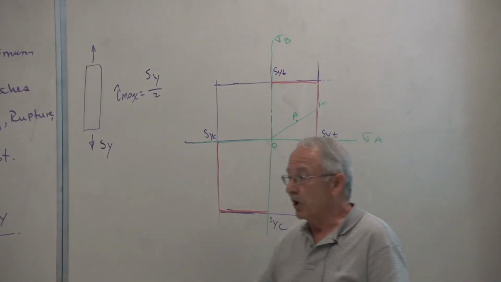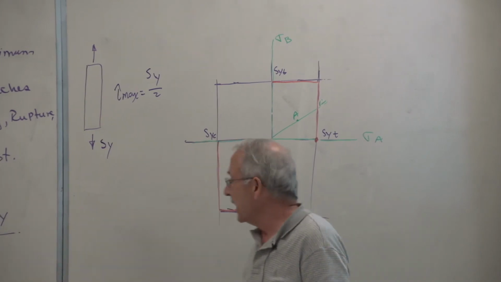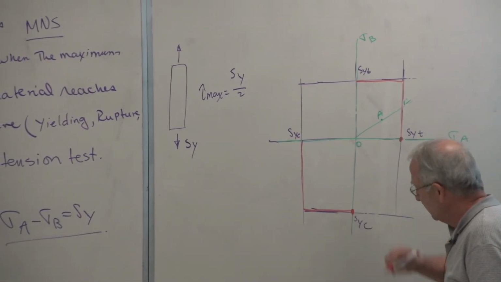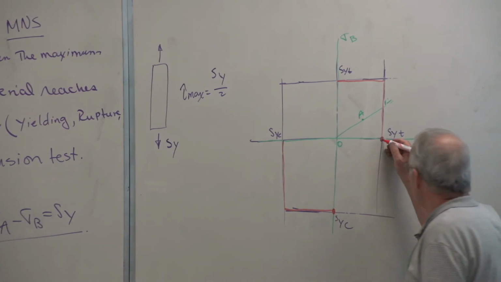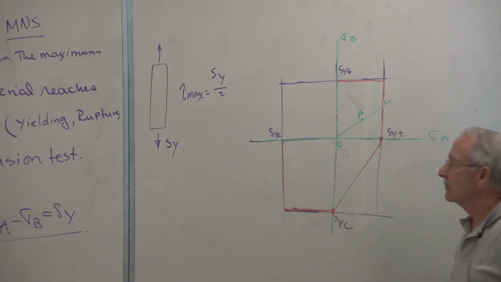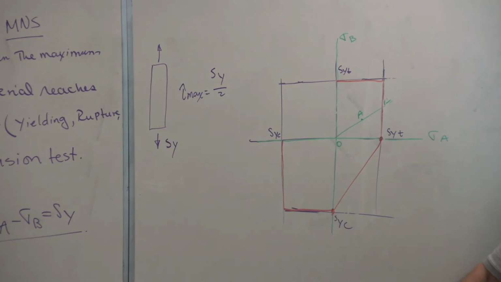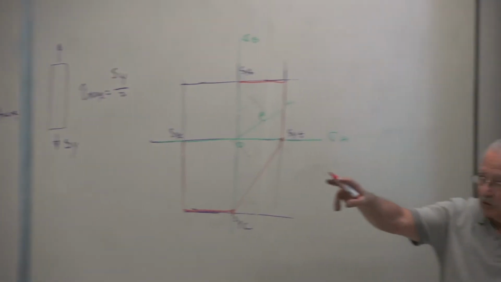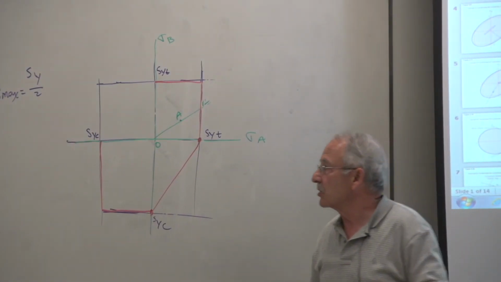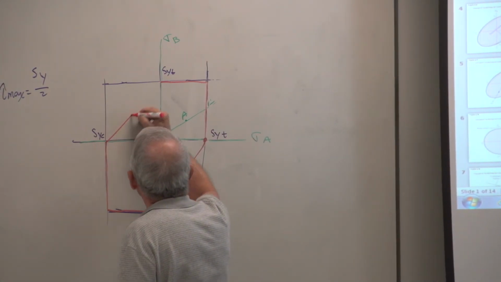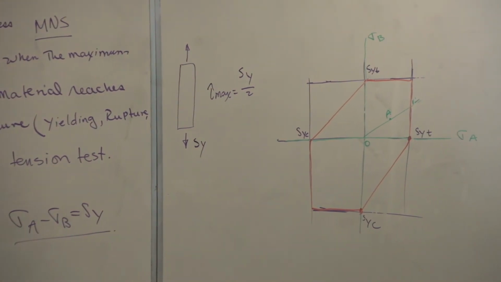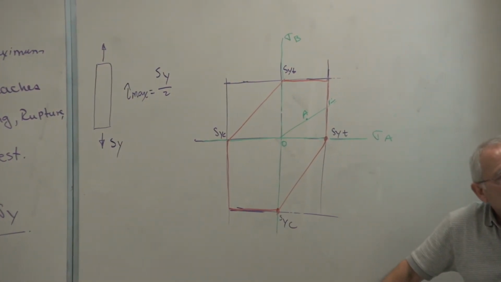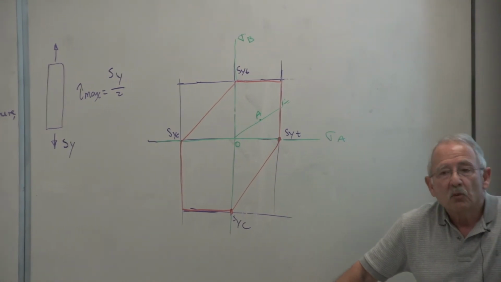Now assume sigma A is equal to 0, sigma B equals minus Sy. That gives you that point, and that certainly is an equation of a straight line. That's your straight line. Very similar to this, you can flip sigma A and sigma B insofar as positive and negative is concerned and get that. So what you see in red is the area that